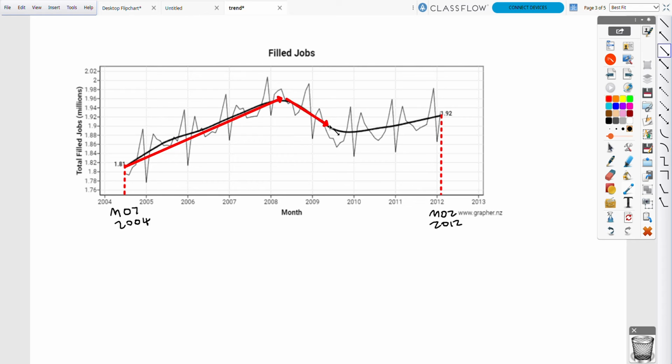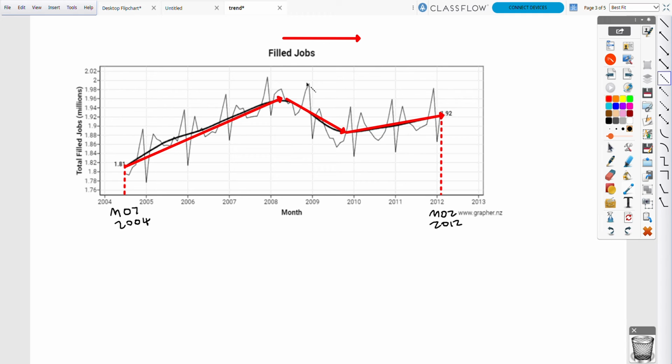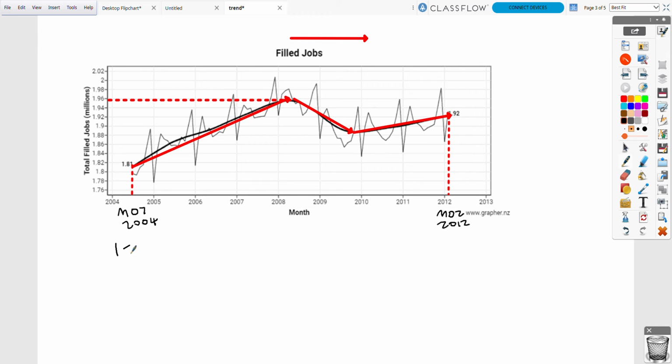And then I've got a trend line that's decreasing. And then my trend increases again, but not as steeply as the initial increase. And what I haven't got, and you can have on some data, is a constant trend as well. And we're going to describe what's happening here. We're going to have to approximate some values as well for this. So my trend line is starting at 1.81 million total filled jobs, and that's not an approximation, and it's rising to approximately 1.96 million filled jobs